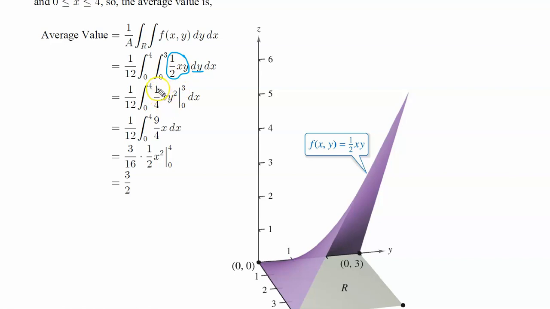So that's going to be 1/4 x times y squared, right? The x is just like a constant. So antiderivative of y is y squared over 2. Evaluated from 0 to 3. Put 3 in for the y. Remember, we put these values in for the variable that we just integrated with respect to. So they go in for the y. So you're going to get, when we put 3 in for this y, we're going to get 9/4 x minus, and then putting 0 in here for y, we get 0, of course.